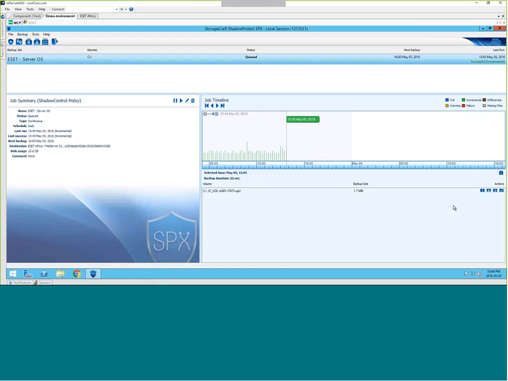And there's a few things that you can do from here. I can go and view details around that image. I can also mount the image in order to do something like a test restore or to do an actual file and folder restore. I can also go ahead and restore an entire volume. So that's if I want to restore, say, an entire partition right off the bat and not just recover specific files or folders.